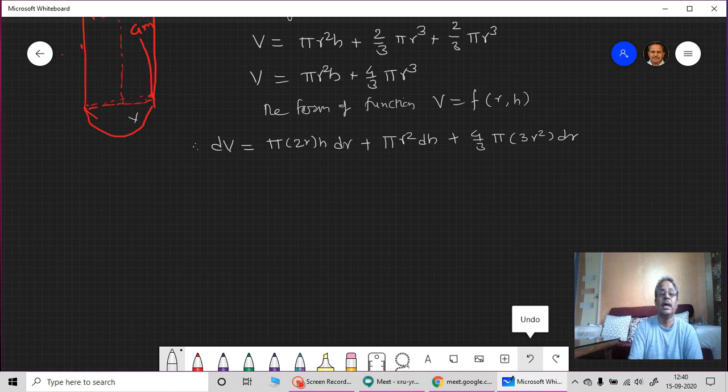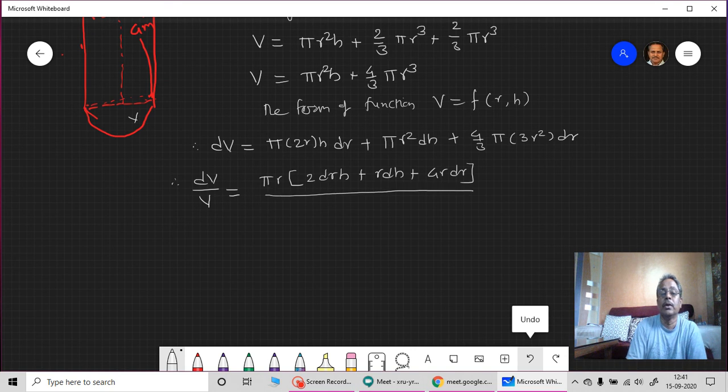Okay, so I'll get this, and therefore dV upon V, that is the relative error or absolute error, dV upon V is equal to, so see here, there is a pi into r, there is also pi into r, so this 3 and 3 get cancelled, pi into r is there everywhere, so that can be taken outside. Pi into r into the bracket, twice dr into h, plus r into dh, plus 4 times r into dr,